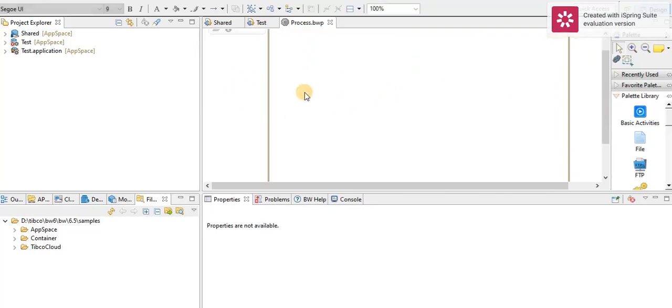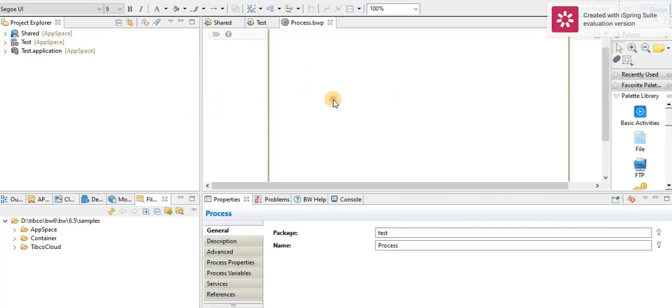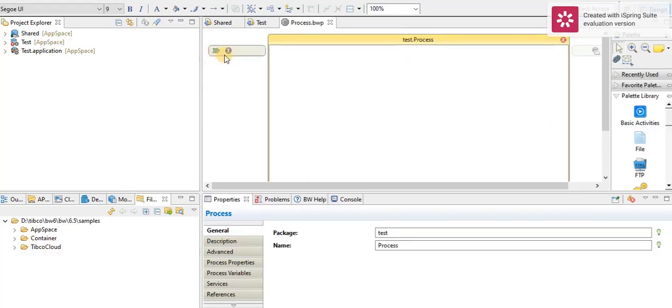So there are two scopes, outside and inside, in this design area. So let's see the outside scope first. There are two icons in the left side of the design area. The first one is Create Service. This helps us to create a SOAP service. The next one is Create Service with existing interface. So we can access the existing SOAP service using this icon.